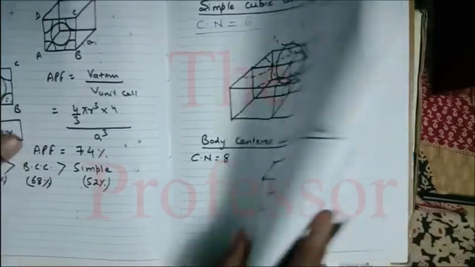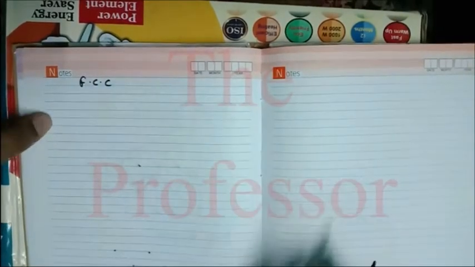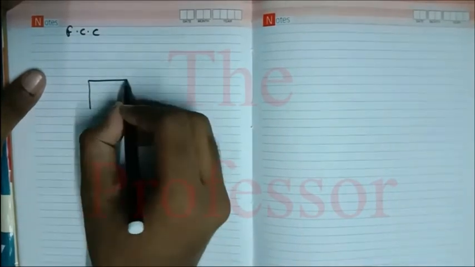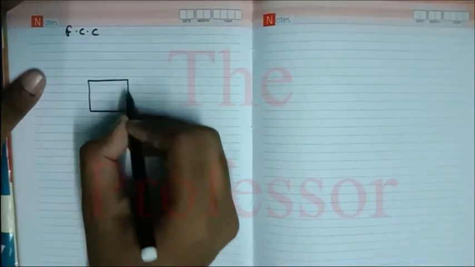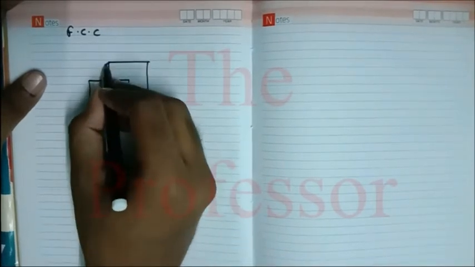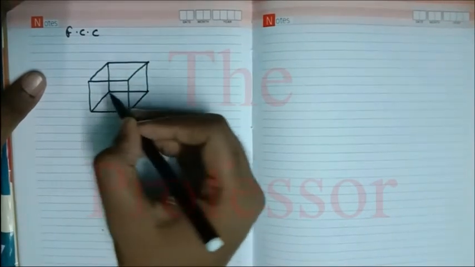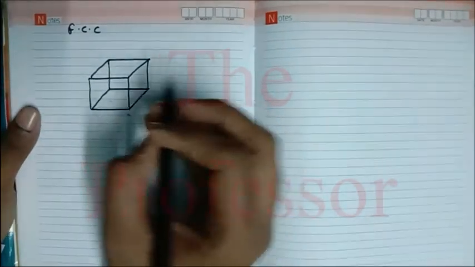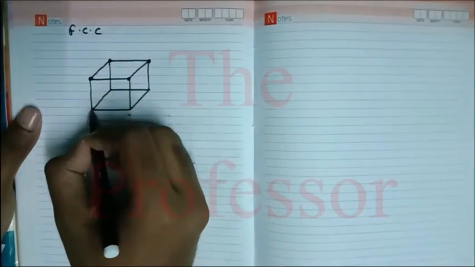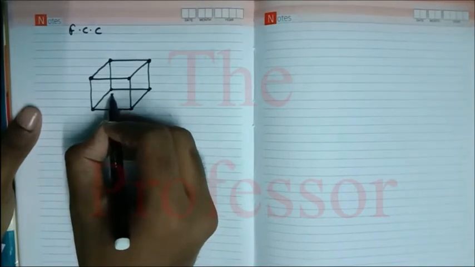Now at last let us find out the coordination number for a face centered cubic unit cell, right? First of all, let us draw its crystal lattice. See, this is our cube. We know that in a face centered cubic unit cell, apart from the atoms at the corners, we are also having atoms at each of the 6 faces, right? So here we are having atoms at each of the 8 corners, right? We are having an atom at the center of the front face.